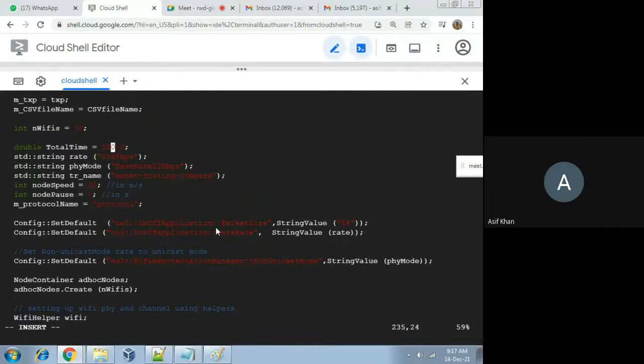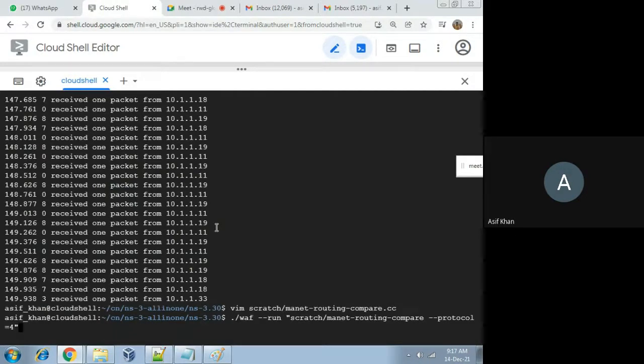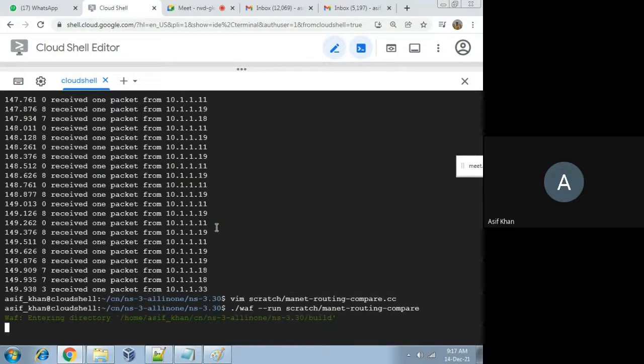I'm changing the total simulation time to 110 seconds. Colon, double click. Now I'll run this code: ./waf --run monitoring-comparator.